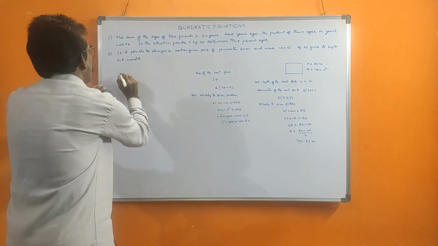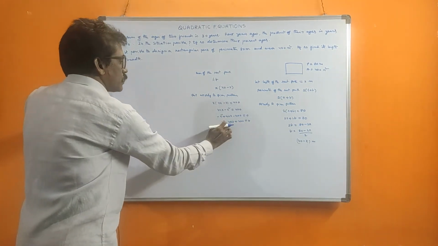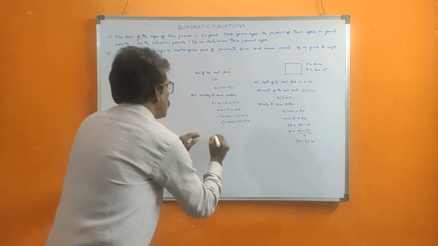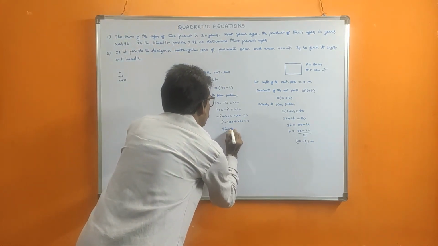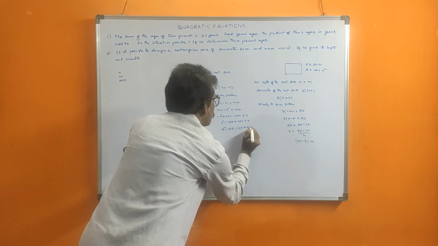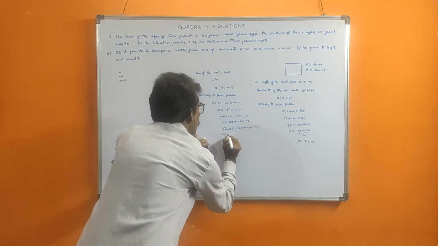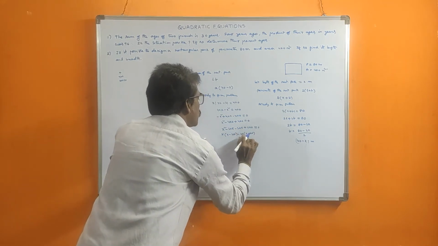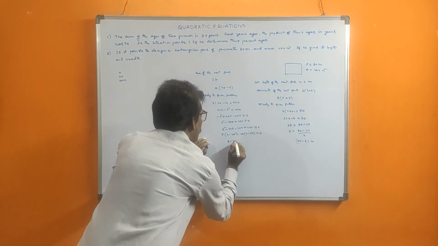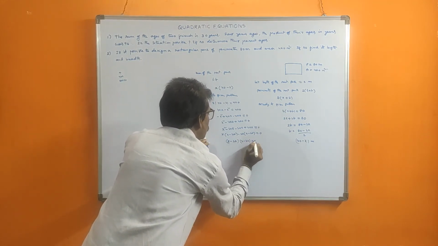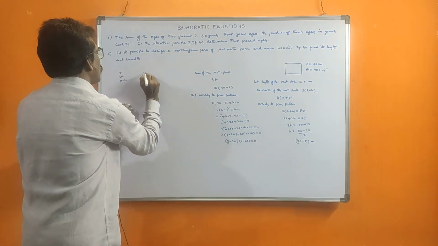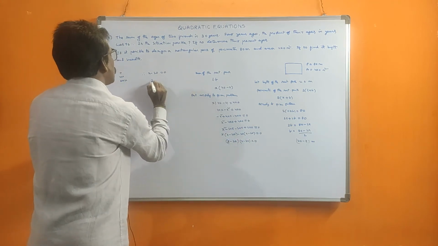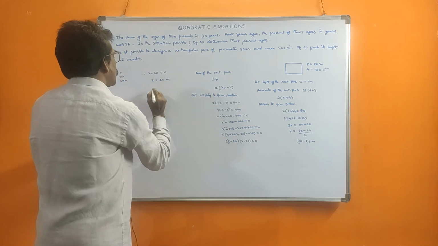Okay. Now 1 into 400 is 400, both plus, and by adding we should get 40. 20 into 20 is 400, and 20 plus 20 is 40. So x square minus 20x minus 20x plus 400 is equal to 0. x into (x minus 20) minus 20 into (x minus 20). Taking common, minus changes the symbol. Now (x minus 20) into (x minus 20) is equal to 0. Therefore, x minus 20 is equal to 0, or x minus 20 is equal to 0. x is equal to 20 meters.